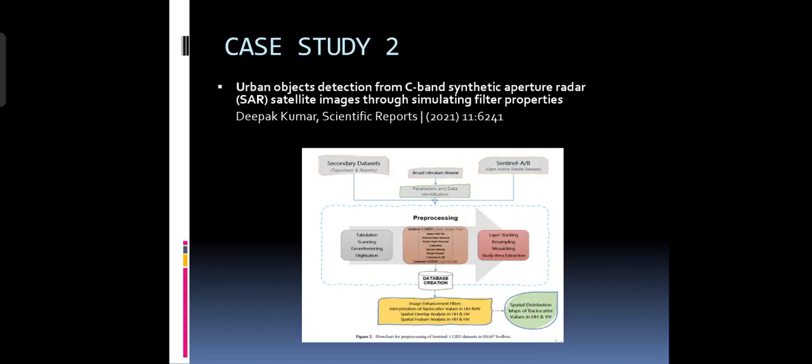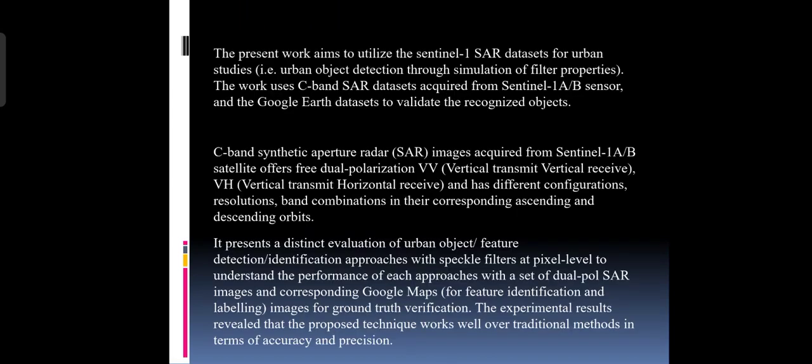Now case study 2: urban object detection from C-band synthetic aperture radar satellite images through simulating filter properties, by Deepak Kumar. This shows the methodology that has been chosen by them. The present work aims to utilize Sentinel SAR data. The work uses a C-band SAR dataset acquired from the Sentinel-1A/B sensor and the Google Earth dataset to validate recognized